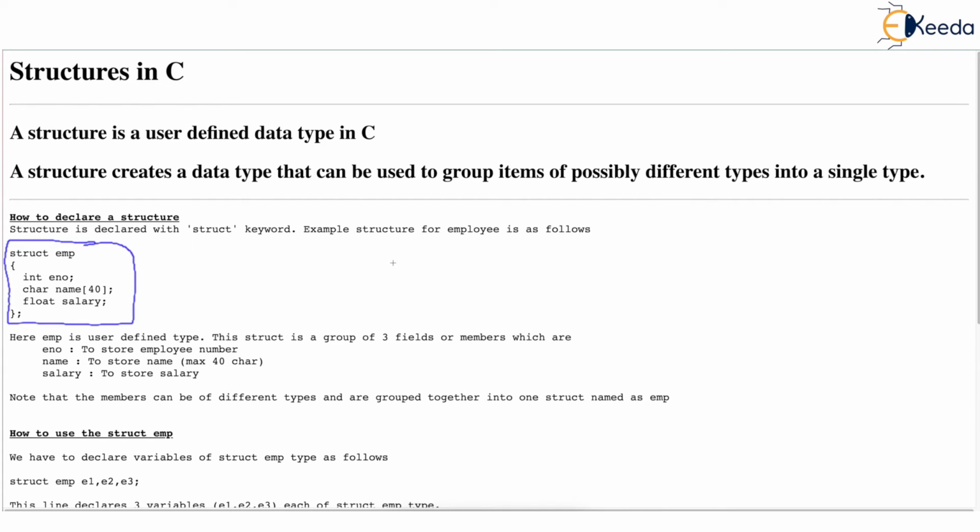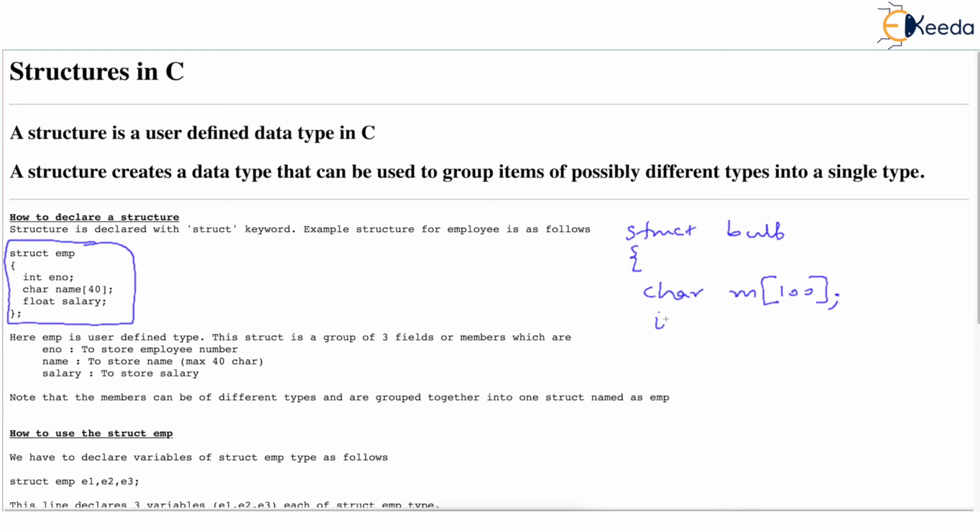Just tell me, if you are declaring a structure for an electric bulb, how will you declare it? You will say struct, maybe you will name it as bulb or any name you can give, brace open, then you will have manufacturer name, maybe Philips, Crompton Greaves, whatever. So let's call it M. M is manufacturer name and let it be 100 characters. So you can comfortably store the manufacturer's name.